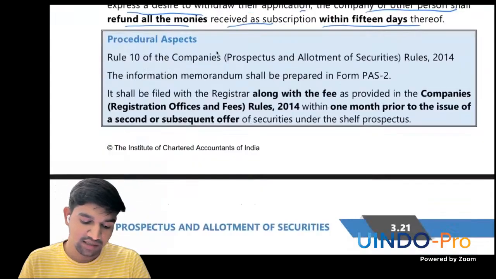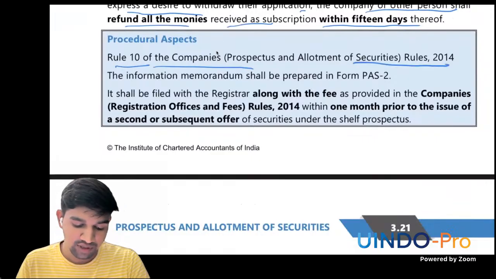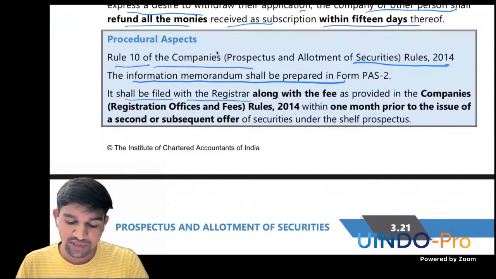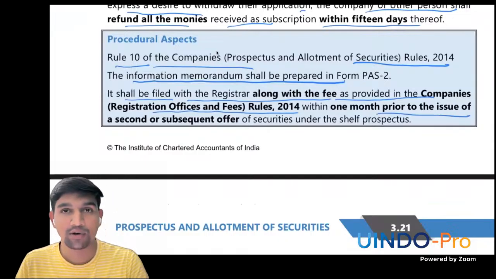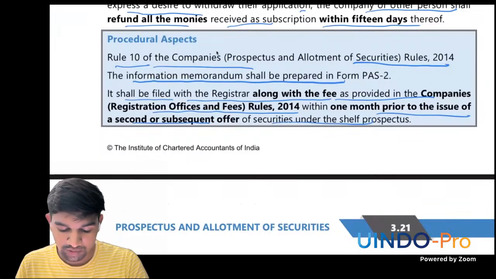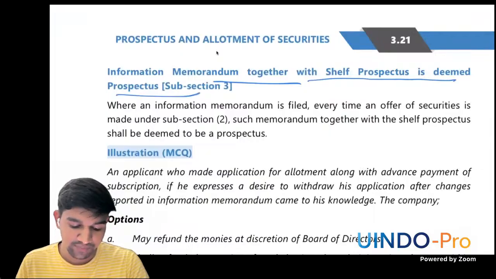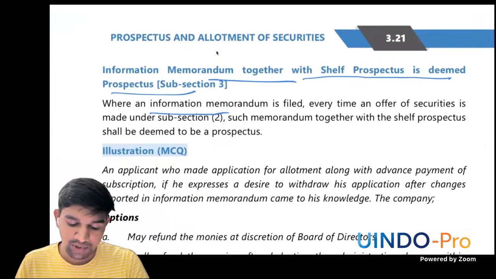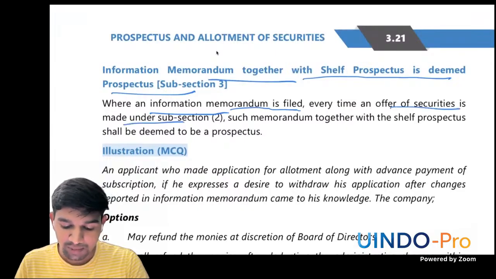Procedural aspect: Rule 10 of the Companies (Prospectus and Allotment of Securities) Rules 2014. The information memorandum shall be prepared in Form PAS-2. It shall be filed with the registrar along with the fee as provided in the Companies (Registration Offices and Fees) Rules 2014 within 1 month prior to the issue of the second and subsequent offer of securities under the shelf prospectus. The information memorandum together with the shelf prospectus is deemed a prospectus, where an information memorandum is filed every time an offer of securities is made under subsection 2. Such memorandum together with the shelf